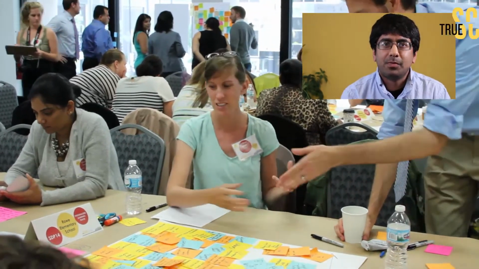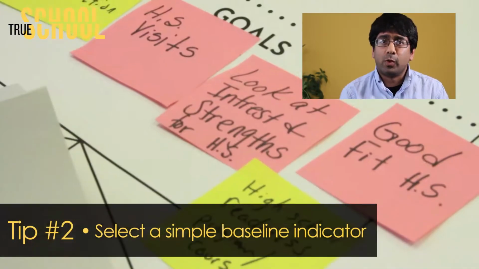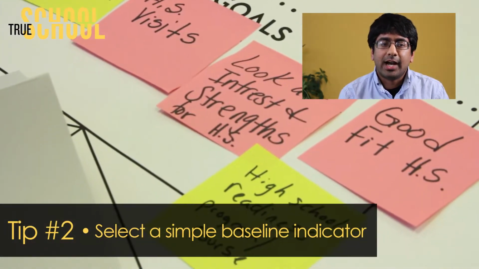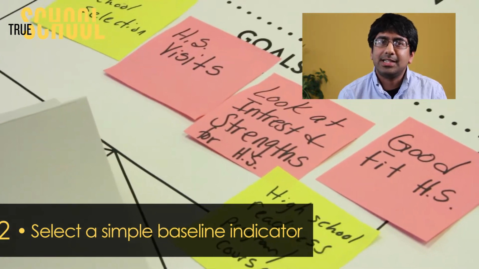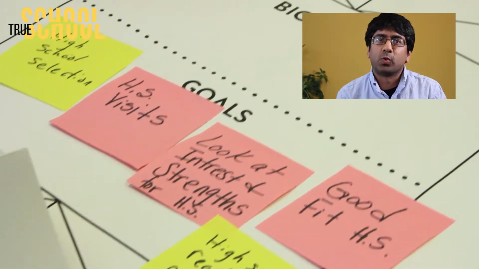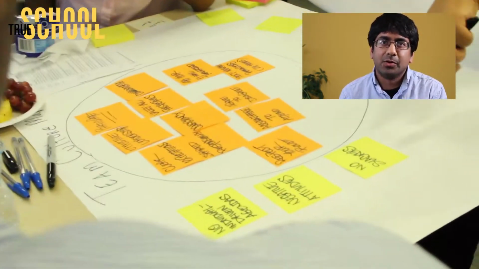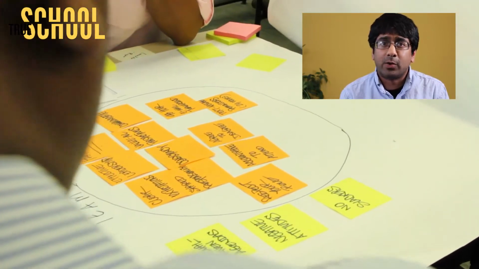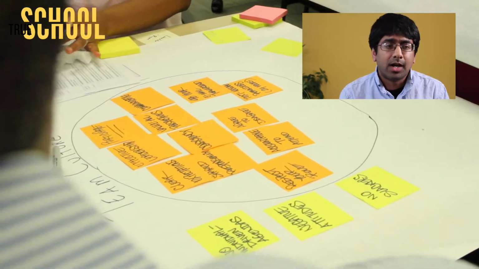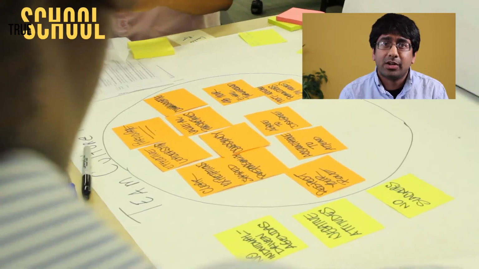If you're struggling with measuring your impact, I would advise you to think through a couple of things. I think number one, definitely keep it simple. When you're coming up with your baseline indicators, I think there's definitely going to be a tendency to make it really complicated and to research exhaustively what is actually going into what's going to make your prototype really successful. But given that this is just a very rudimentary type of prototype, you should be thinking up indicators that are